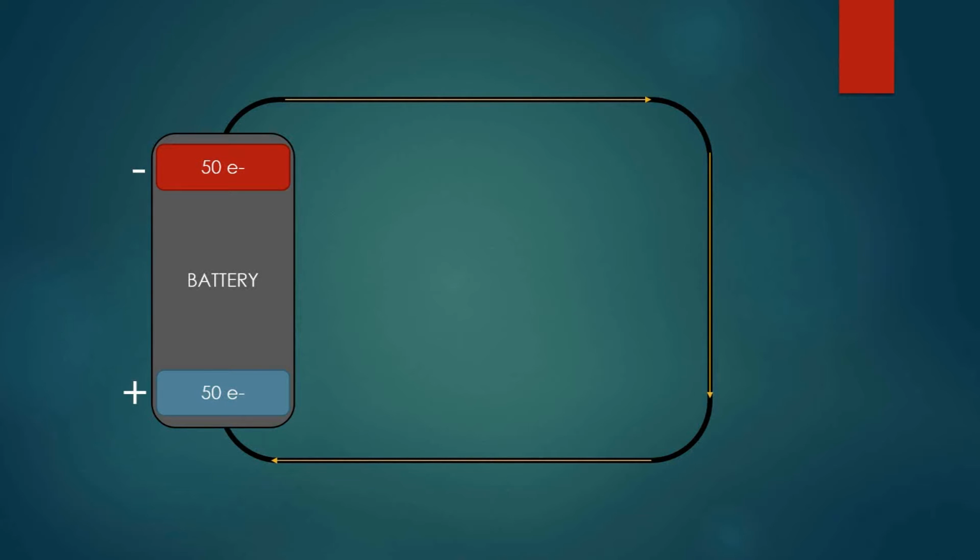In just a few seconds, our 100 electrons have balanced out to 50 in the anode and 50 in the cathode. But oh no, what happened? The electric current has stopped flowing. Why did this happen? This happened because the amount of electrons is balanced, so everything is sitting happily right where